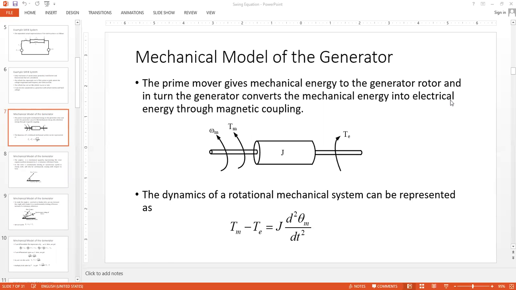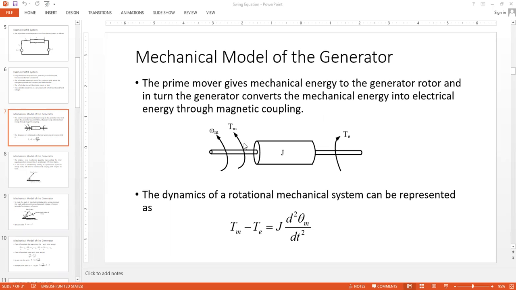Okay, so in the last class, we started the mathematical development of the swing equation, which is basically the classical representation of the dynamics of a synchronous machine. So we came up to this point where we considered that we are representing the rotating body of the synchronous machine by some inertia J, and we were applying some mechanical input torque Tm at the shaft of the rotor, and consequently we were having some speed omega m at the rotor,